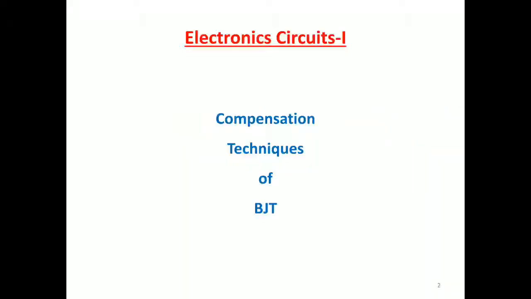Here we are going to discuss the different compensation techniques of BJT. We have already discussed the different biasing circuits. In these, the collector-to-base and voltage follower use negative feedback for stabilization. This negative feedback reduces the amplification of the signal. This loss of signal amplification is intolerable and extremely stable biasing conditions are required. So we can go for the compensation techniques.